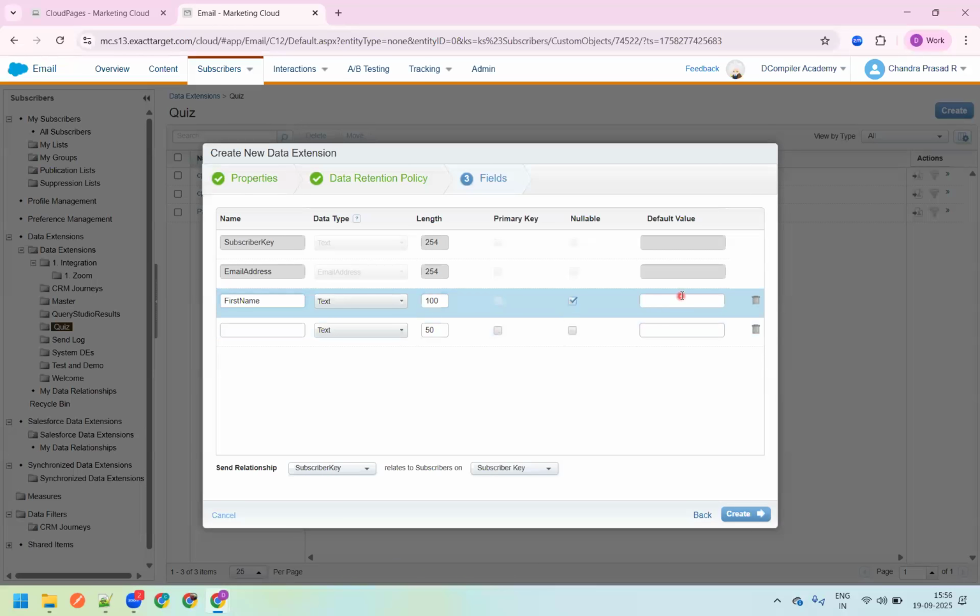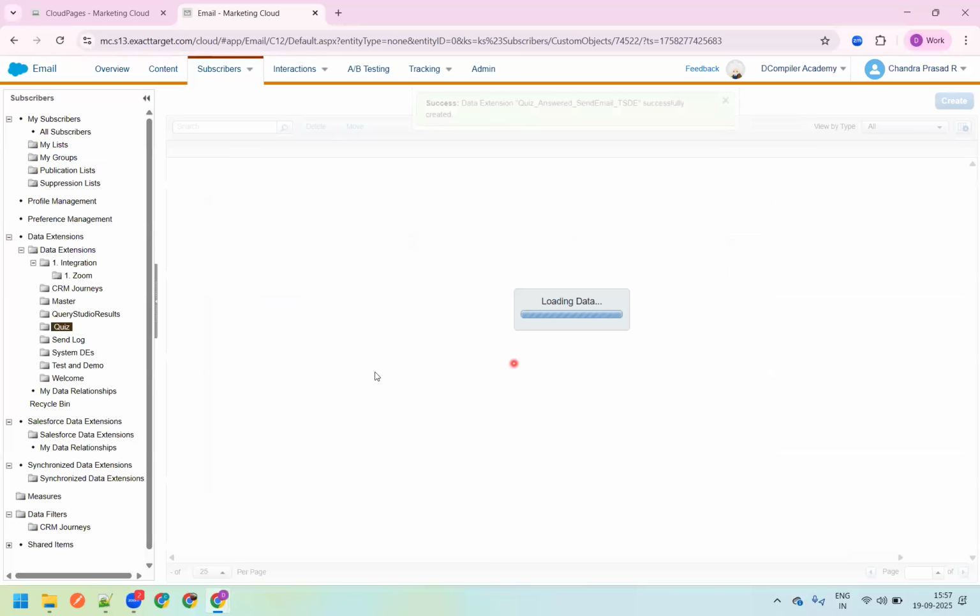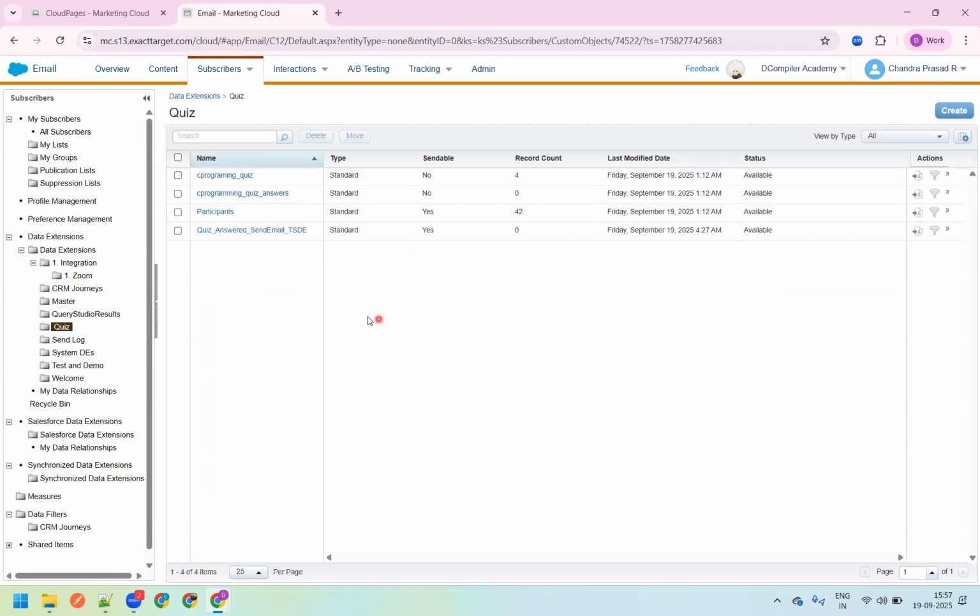It might be nullable with, mm, lovely programmer as a default value. Okay, if the first name is missing. Okay, now my triggered send DE is ready